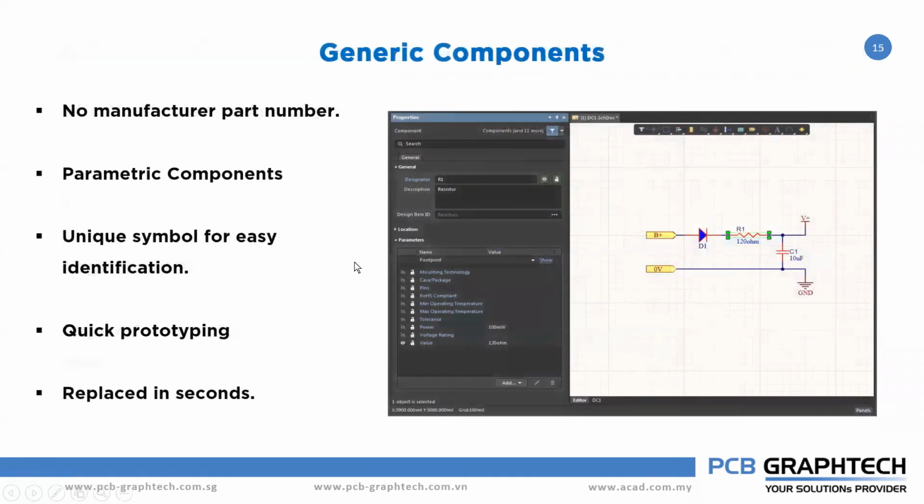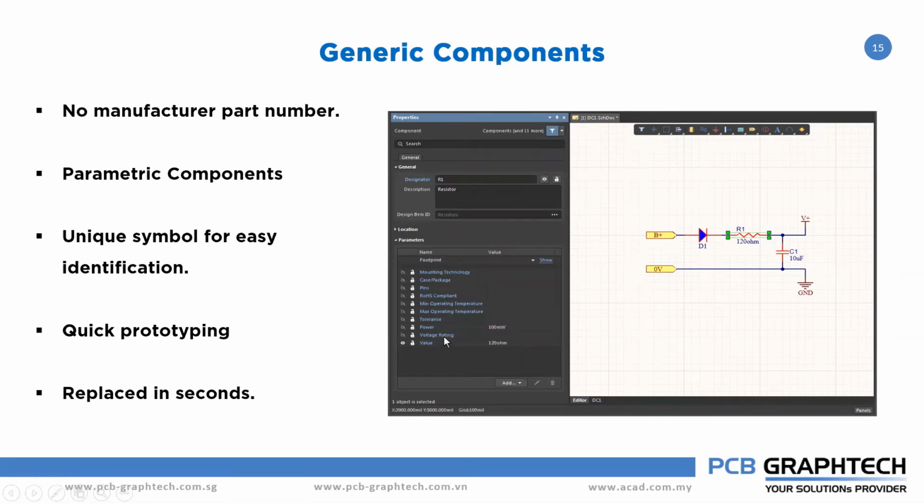Then next, generic components. If your design is a draft design and you want to add generic components, you can take the components from Altium 365, and the additional parameters and the properties of the model will all come along with the component to your design. You can see it here. All the properties will follow.